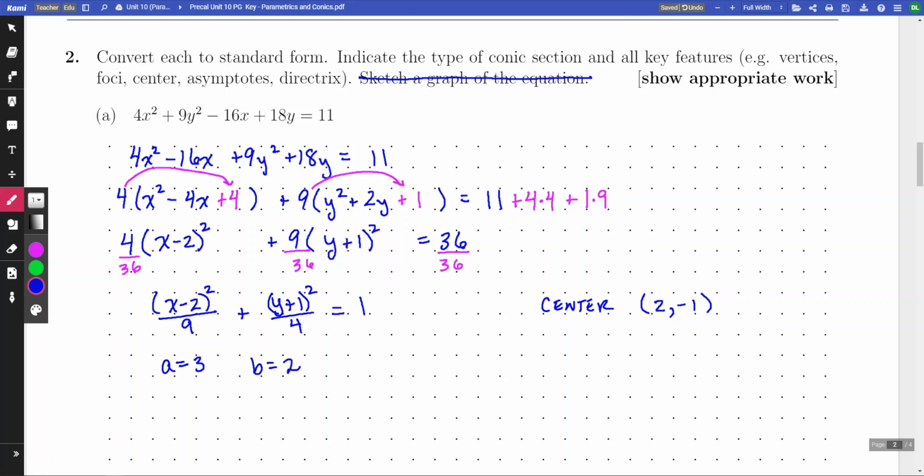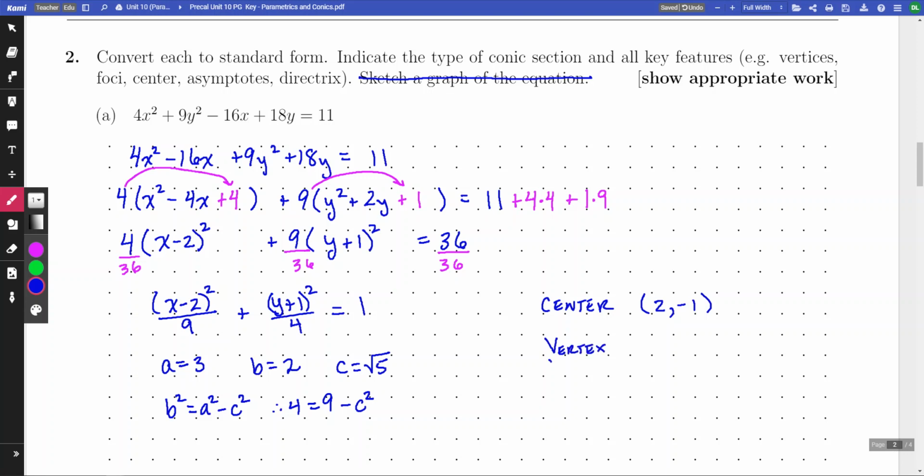And I know that for ellipses, the relationship is b squared equals a squared minus c squared, which means that 4 is equal to 9 minus c squared. So that would mean c is equal to the square root of 5, because 9 minus 4 is equal to 5, and c squared is 5. How does that help me? Well, I know that the distance